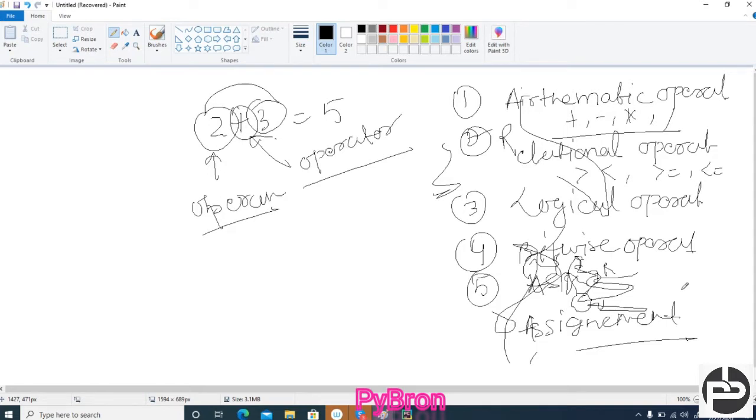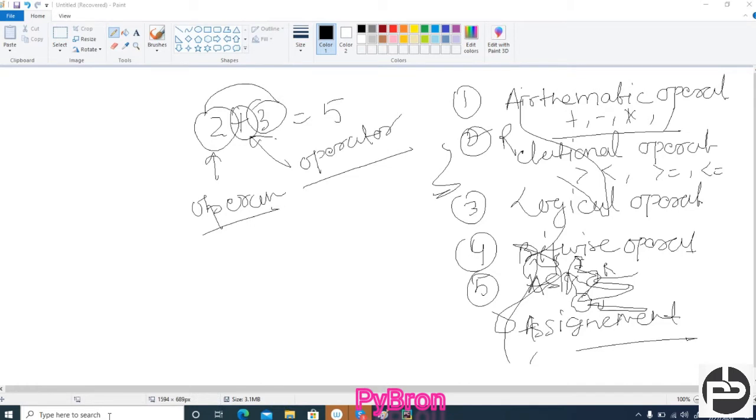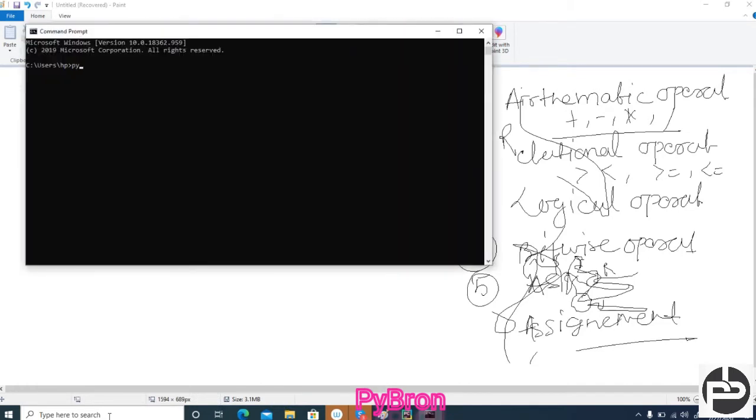I can show you. If you type in Python 2 plus 2, 2 minus 2, or 2 into 2, these are arithmetic operators.